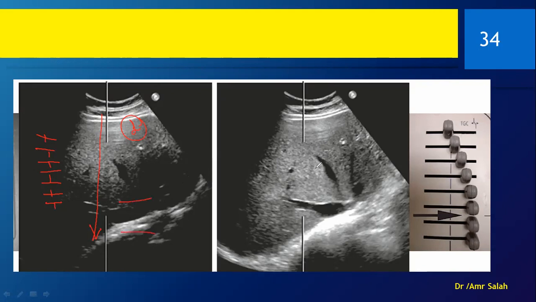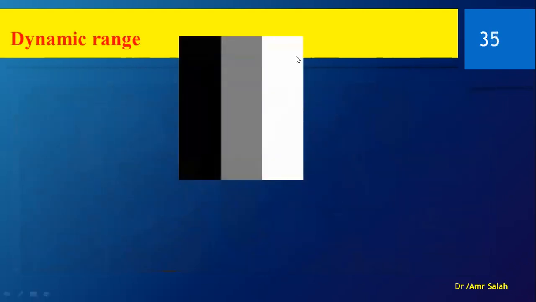Okay, so what will we do? We will calibrate the TGC in step ladder manner. Voila! Now the lower part of the liver can be seen thanks to the increased brightness that has compensated for the weakness in the waves. So I think that you can agree with me that this picture is a little bit better. Okay, so let's wrap things up now. What we have discussed. Okay.